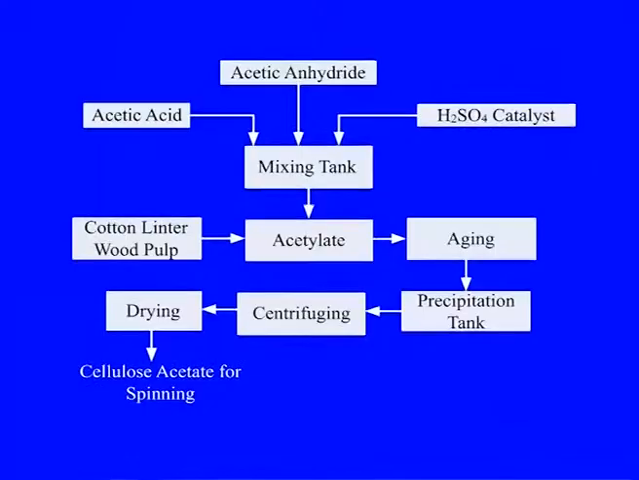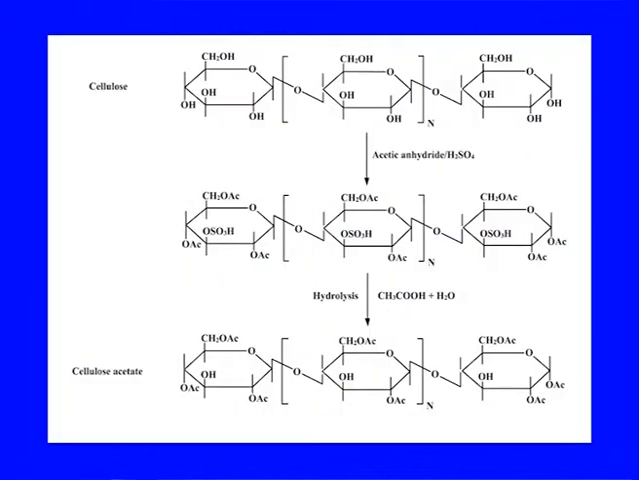So this is the process which I told you: the acetic anhydride, H2SO4, acetic acid and the pulp. Here the cotton linter or the wood pulp is acetylated, and then it goes to aging, precipitation, centrifuging, and the cellulose state for spinning, where we are doing the dry spinning. This is the reaction that is taking place